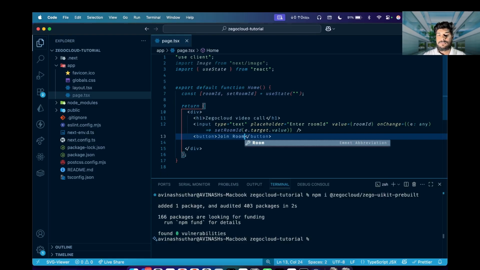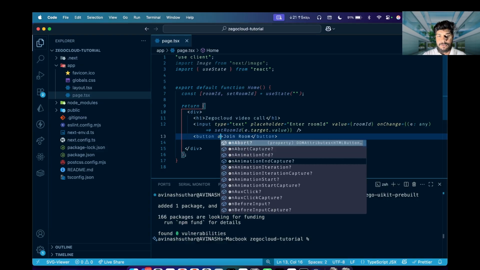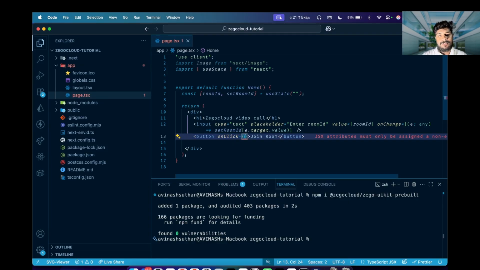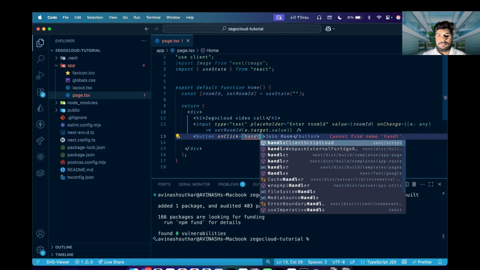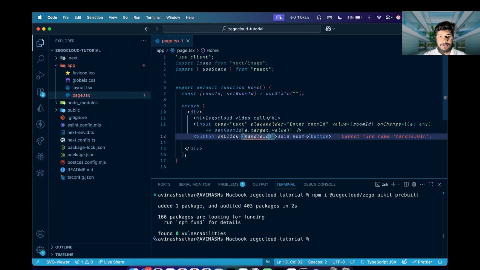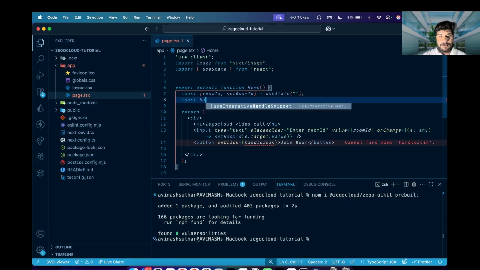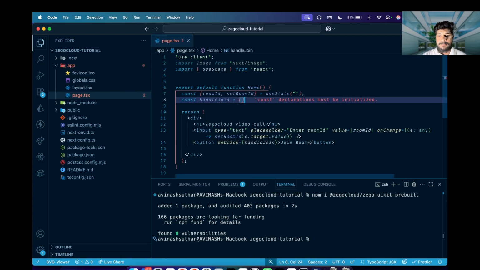Join room, and we are going to give it an on click, right? So on click will be handle join. Let's say we are going to implement it over here. So const handleJoin is equal to